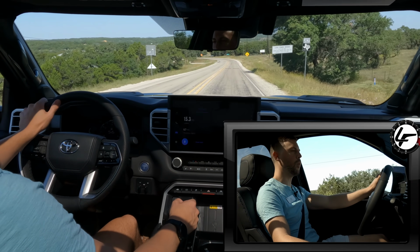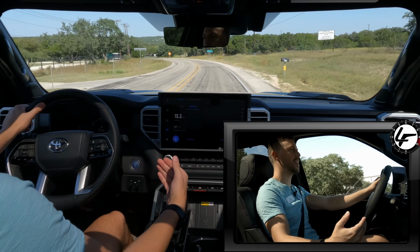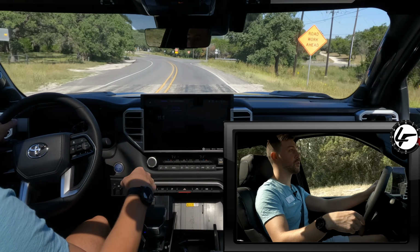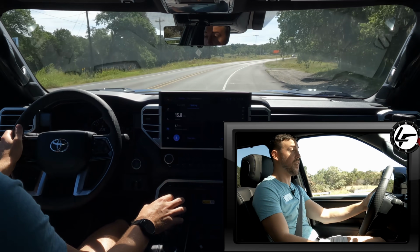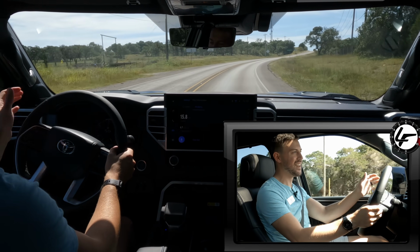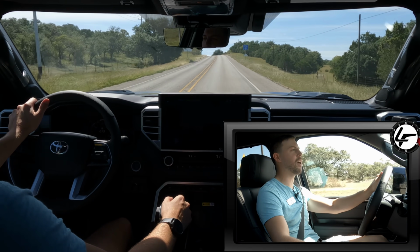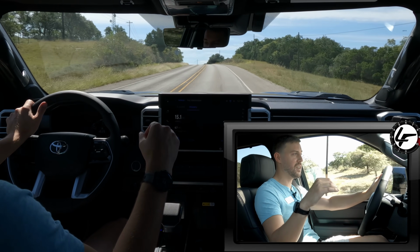So what better place to be driving the new Tundra than in the land of the Tundra, which is around San Antonio where the new Tundra is built. So pretty darn cool. But I need to turn this ship around and get back so other people can drive this twin turbo V6 hybrid. And rolling onto the throttle. Yeah, there's that torque, and there we go. It's there. You feel that torque and that power most from low speeds to about 50, 60 miles an hour. But to be honest, the twin turbo V6 on its own right, non-hybrid, is still a very, very